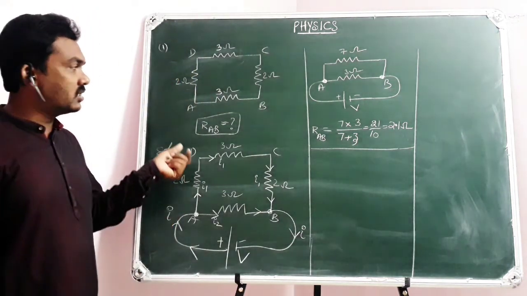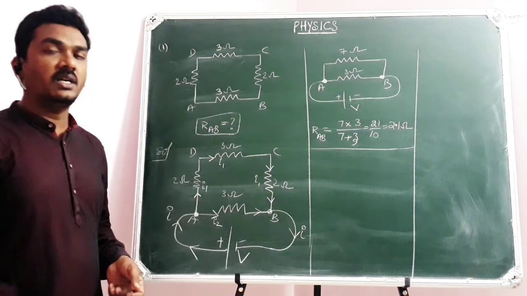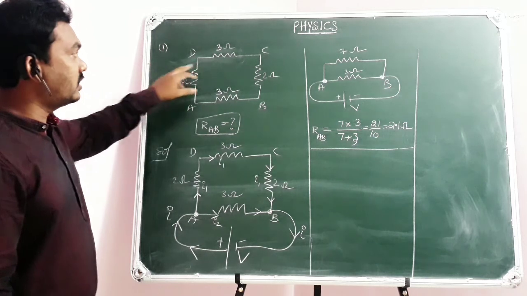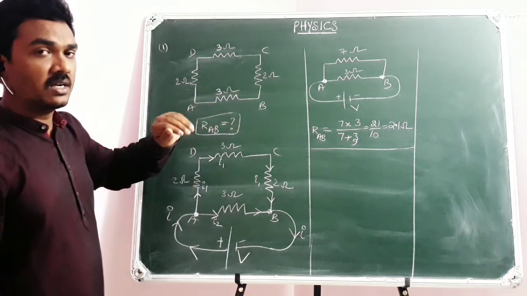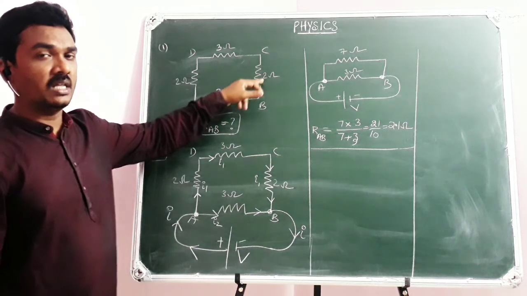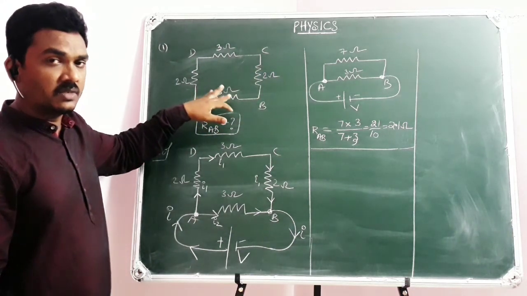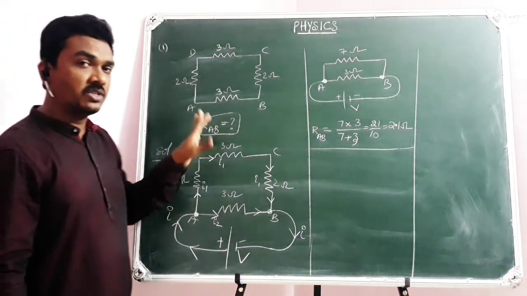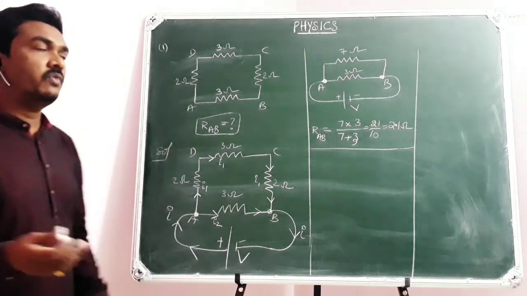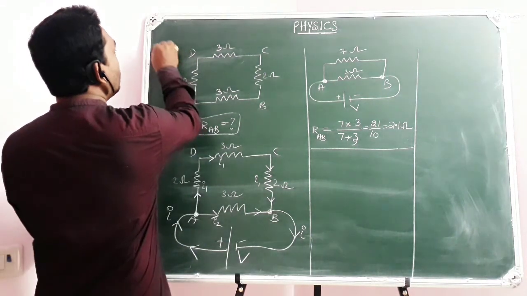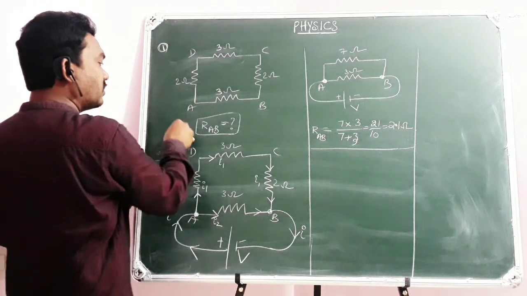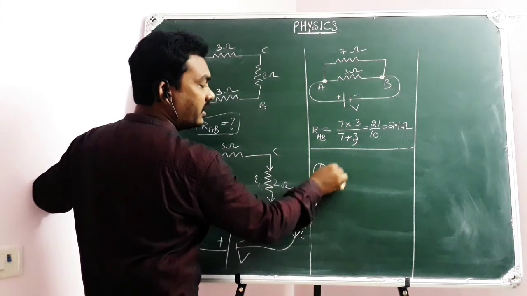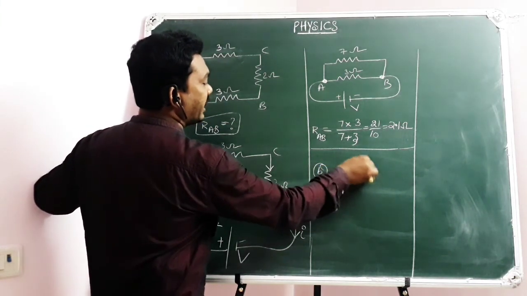So this is how the concept can be solved. Sir, I wish to calculate the equivalent resistance across AD. Then suppose the battery is connected across this, these three will be in series. Sir, I wish to calculate the equivalent resistance across CD. Then the other three will be in series, and their resultant will be in parallel with 3 ohm. So in that way you can calculate the equivalent resistance between any two points. For example, with the same question, if this is the first part, the second question can be, what is the equivalent resistance across AC?